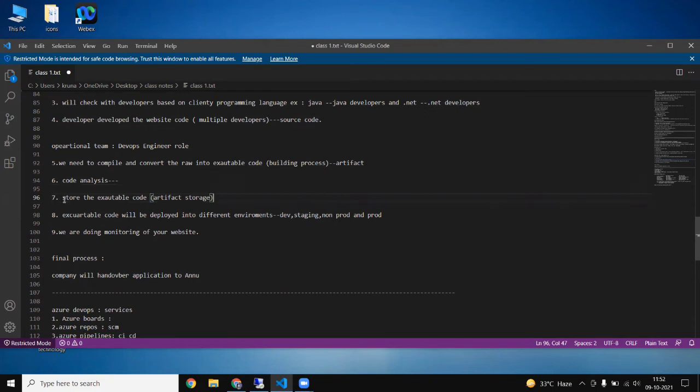But the 7th stage is to store the executable code in our artifact storage. The 8th stage is that the executable code will be deployed into the different environments.